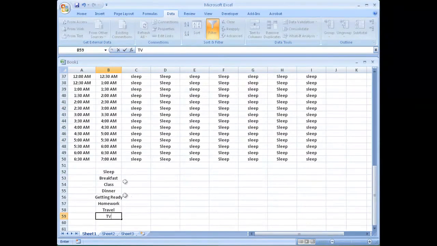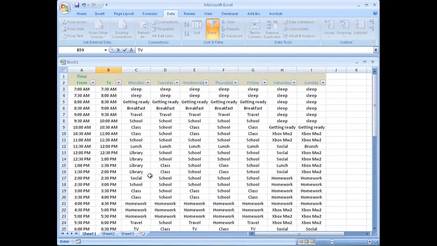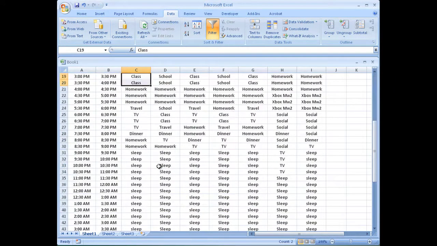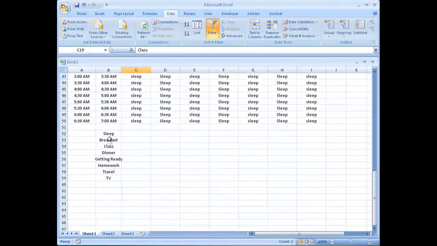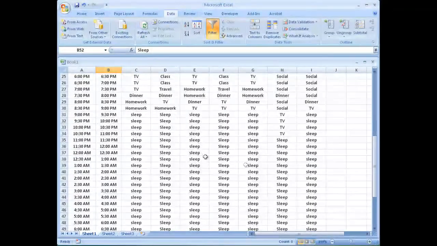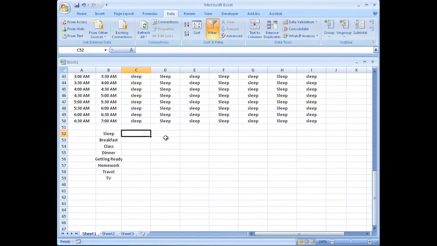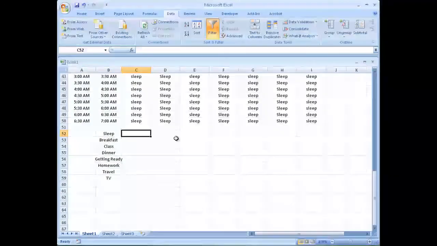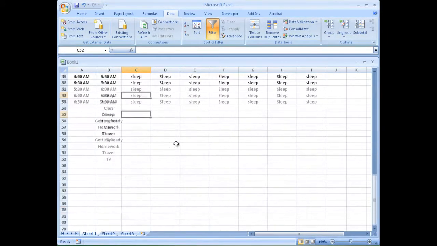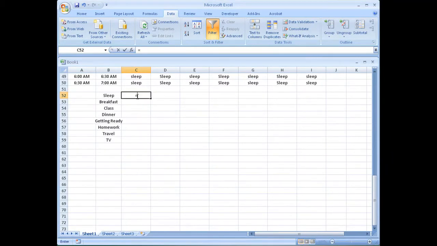The reason I'm trying to put this is because every day it changes based on your schedule. In this case, they have a class on Monday, Wednesday, and Friday, whereas on Tuesdays and Thursdays you might have a different class, and so on. So once you have all the things that are listed that possibly are working throughout the week, go ahead, click on the first one for Monday, and type equal to